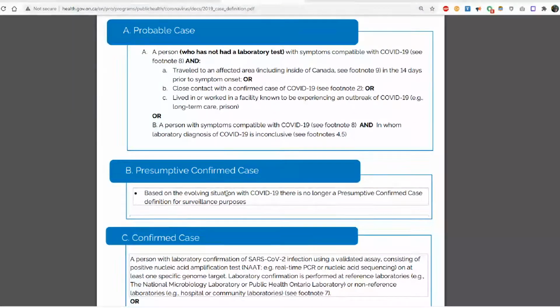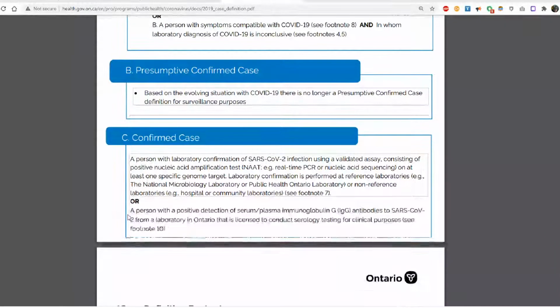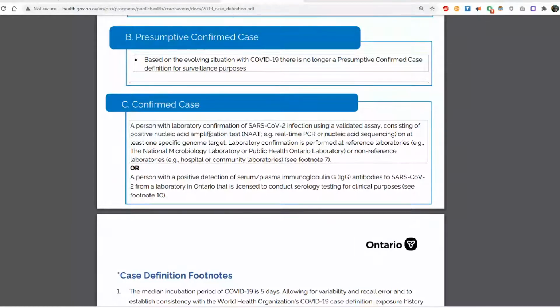Presumptive case. Based on an evolving situation with COVID-19, there is no longer a presumptive or confirmed case definition for surveillance purposes. Okay, I don't know what was there before, so it's interesting. A confirmed case is a person with laboratory confirmation of SARS-CoV-2 infection, using a validated assay consisting of, okay, so all normal stuff. So if you are positive with SARS-CoV-2, it's being tested properly by the lab technician,